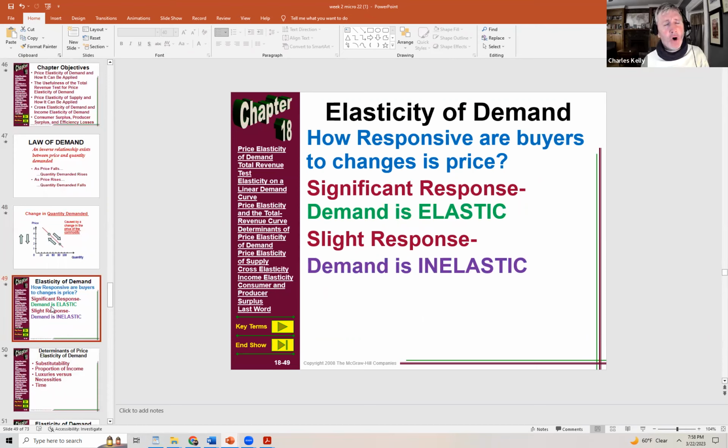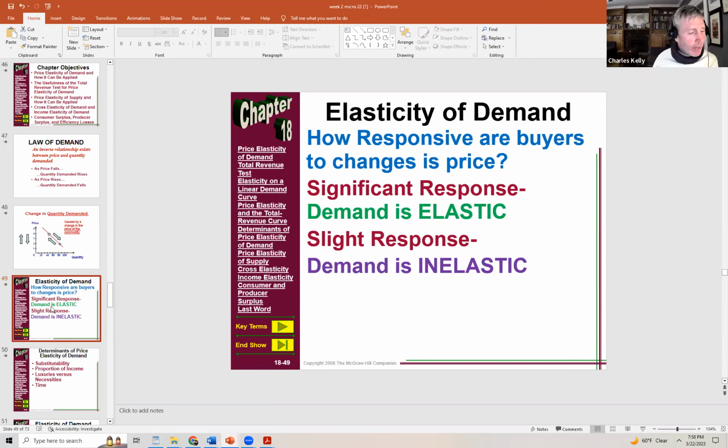How responsive are buyers to a change in price? We just talked in general when we introduced it. We said, okay, generally speaking, if the price goes up, there'll be a decrease in quantity demanded. If the price goes down, there'll be an increase in quantity demanded, right? But now we're going to take a closer look and say, but how responsive are buyers to a change in price? And economists use this fancy term called elasticity